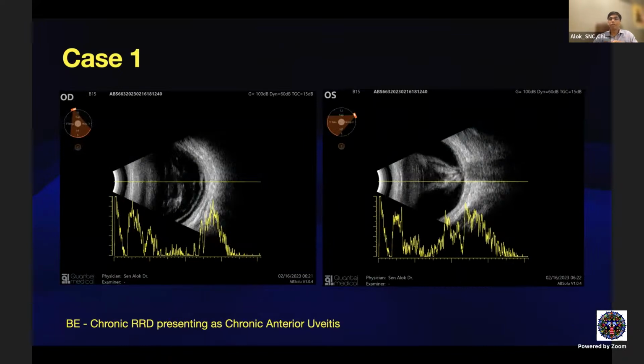So we did a B scan. What we found was the left eye showed a closed funnel RD, and the right eye also showed RD, but this was a localized RD in the inferonasal quadrant. You can see from the B scan position, the inferonasal quadrant. So sometimes these peripheral RDs may be missed on a cursory posterior pole examination, and they may present with a chronic